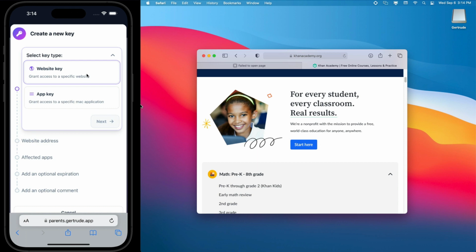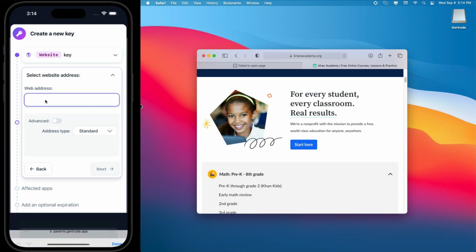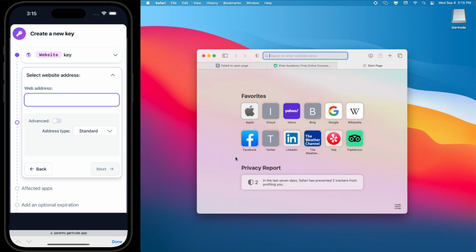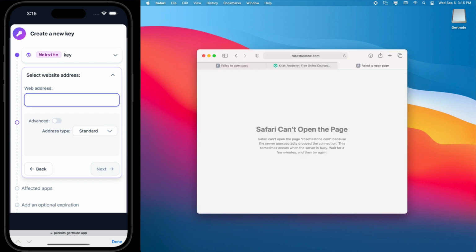That's the most common and most normal thing to do. So I'll show you that. We're going to select that it's a website key, and then we need to put the address in that we want to unlock. And so for this, we are going to unlock the website rosettastone.com. And just to show you over here on Franny's computer, if I go to rosettastone.com, of course it's blocked, but if we come over here and put this